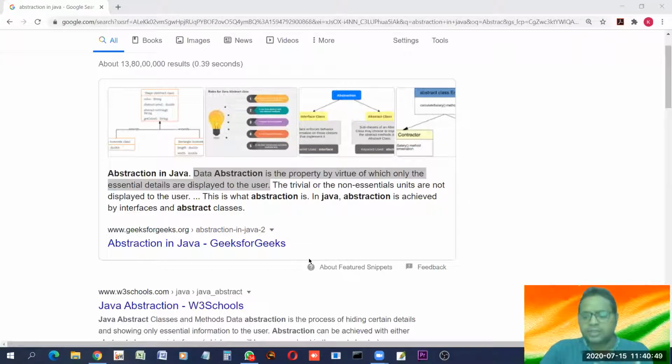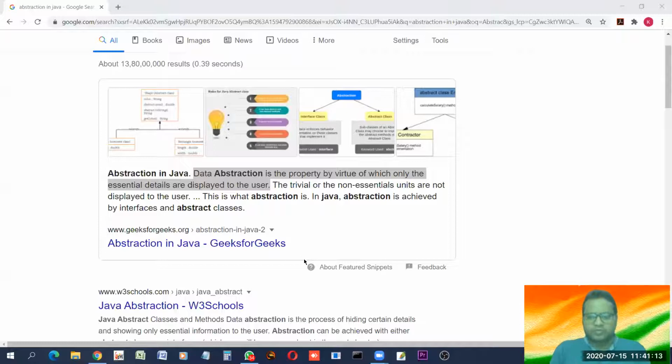In simple terms, hiding all the complications and only displaying the important and easy things, that is called abstraction. Why so? What is the use of this? This makes the whole system easy to operate, easy to use.